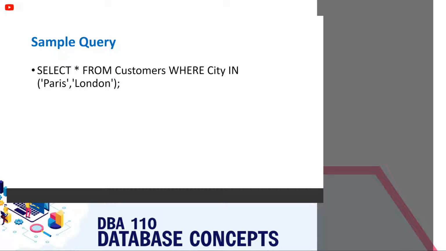Now we can also get a little more complex with this. This is a really basic example, and we're basically just saying it could be this or that. We could just as easily write this as select star from customers where city equals Paris or city equals London, and that's the exact same result. It's a little more wordy, which is a little less efficient, but it's the exact same result. Now, if we were to look at something like this,